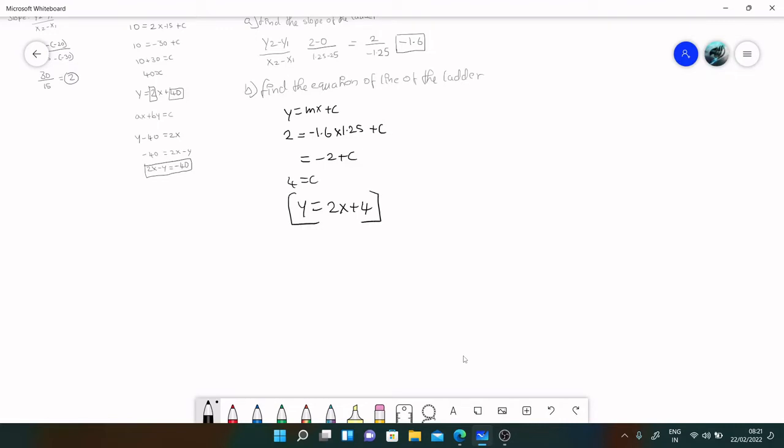This is in the slope intercept form. We can convert this into standard form too. So to do that, we are going, sorry, no, it has to be minus 1.6, this minus 1.6x plus 4. Let us do this minus 1.6x. So doing that, let's take y to the other side: minus 1.6x minus y equals minus